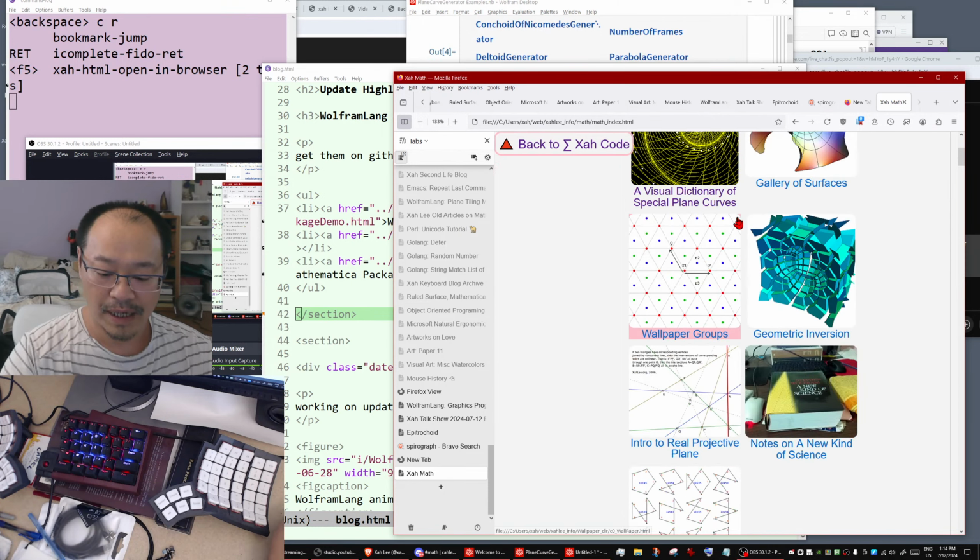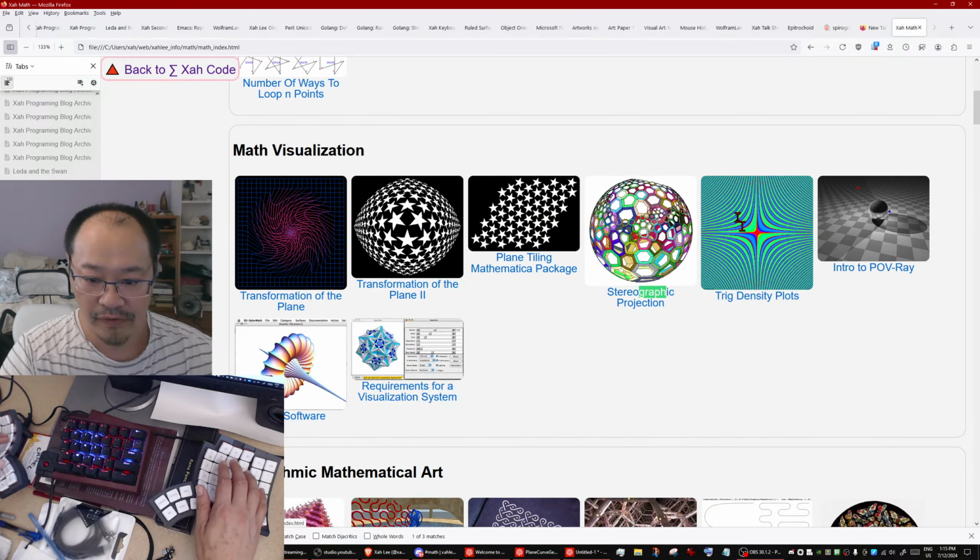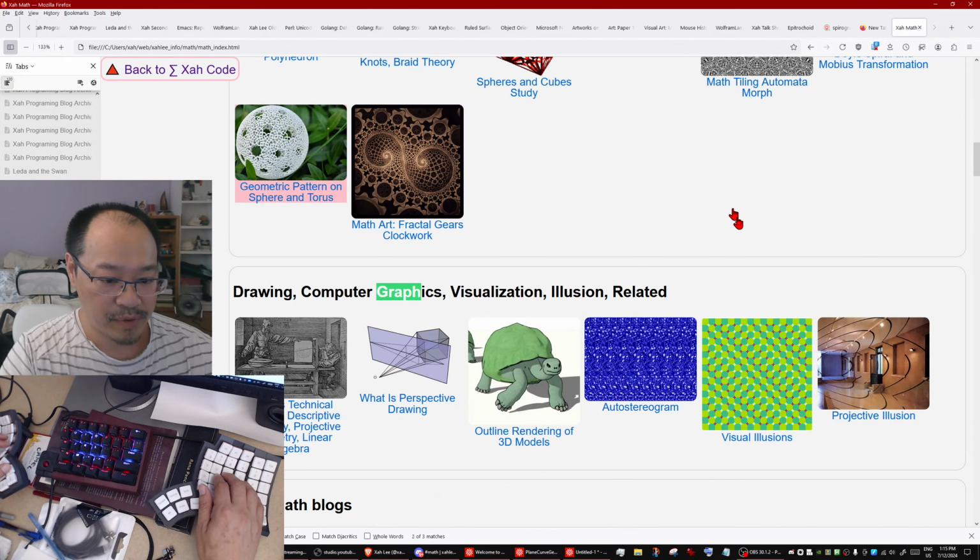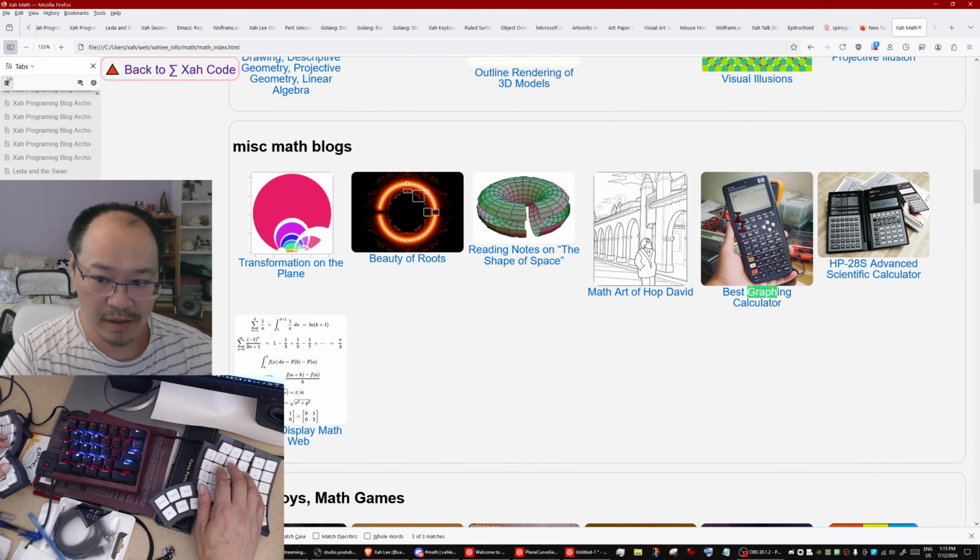Search for equation. Theories of equations. The level of math professors are not equal. Theory of equations. Okay, not there. Let's search for graph. Stereographic projection, graphics, graphing calculator. Okay, so